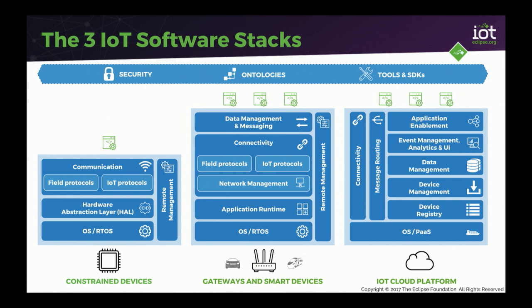Some cross-layer concerns, such as obviously security. How do you make sure that the solution is secured, and that goes all across the three stacks, I guess. Ontologies: how do you make sure that the data you're manipulating, you know what it is? When you have a temperature value ending up in a data store that says it's, I don't know, a float that's 72, is this 72 Fahrenheit or Celsius? How do you, all the way from the sensors to the cloud, keep track of that kind of information?